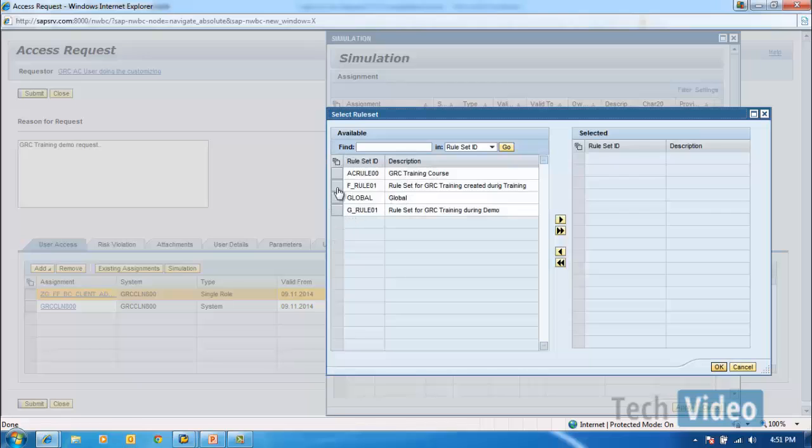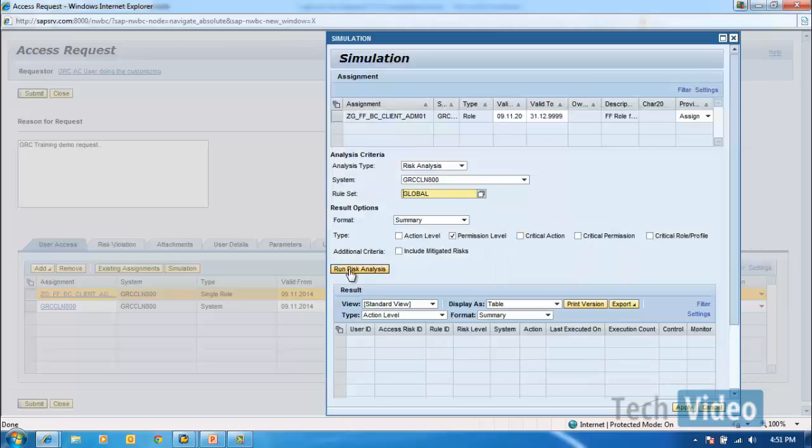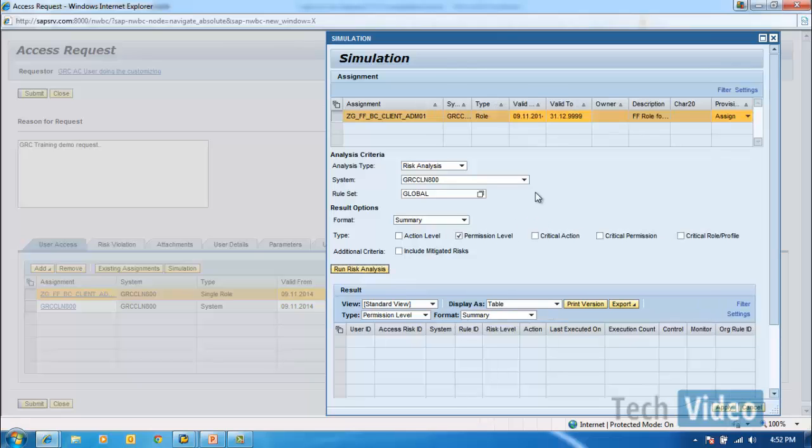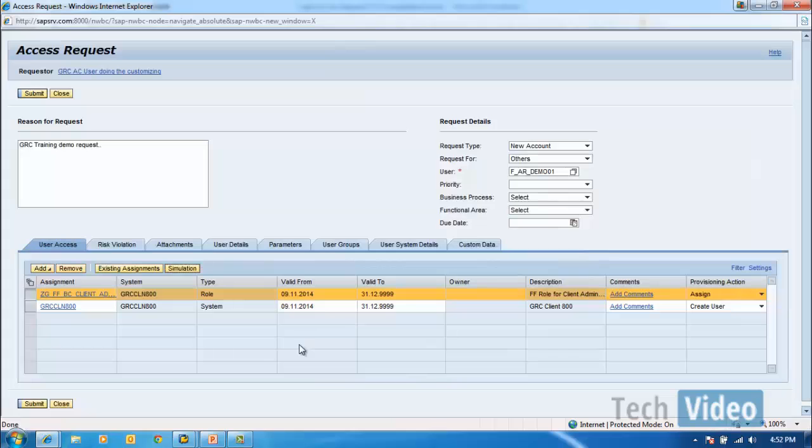Let's say global. Then if you say run risk analysis, then it will run the risk analysis and give you any conflict. In our case, I think we don't have any conflict here. Okay, and we don't have any conflict. It's okay. Okay, I say apply. Then I go to the next tab, which is called